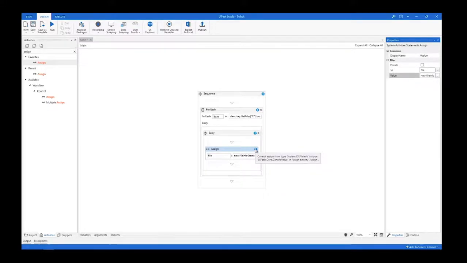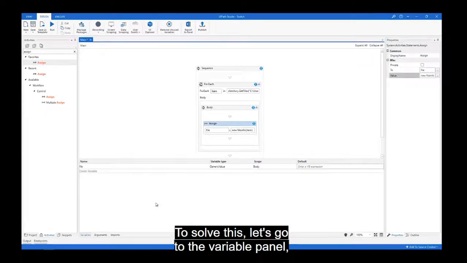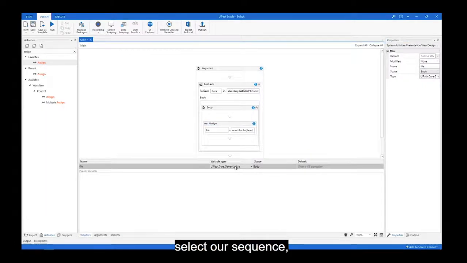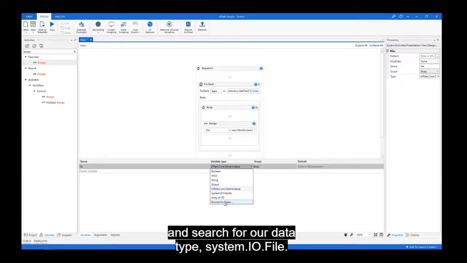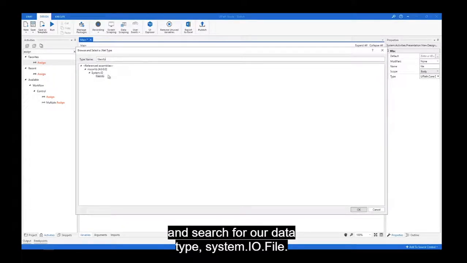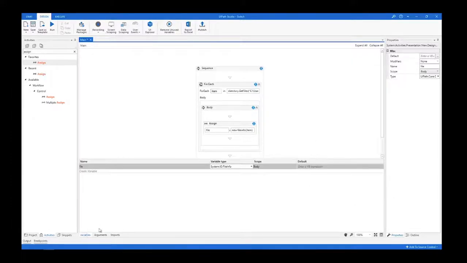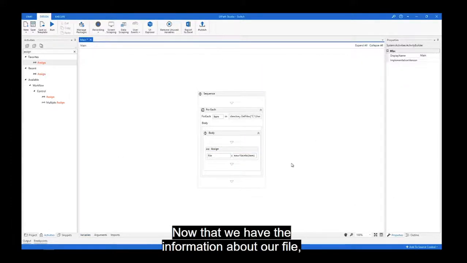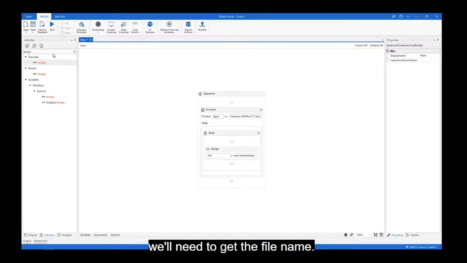System.IO.FileInfo. To solve this, let's go to the variables panel, select our sequence, browse for types, and search for our data type, System.IO.FileInfo. Perfect. Now that we have the information about our file, we'll need to get the file name, and for that,